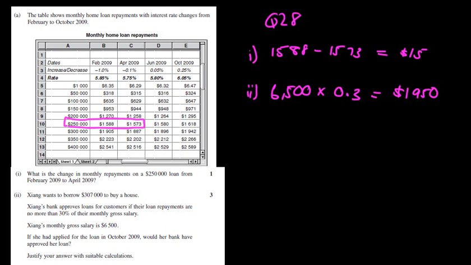So we need to figure out what the repayments are going to be. Now this is a little bit more challenging, because if you have a look here, there's no $307,000. There's $300,000, and then there's other ones. So what we need to make up is the $300,000. We can't estimate here, and we're going to do 7 lots of $1,000. That might help us there. So for $300,000,